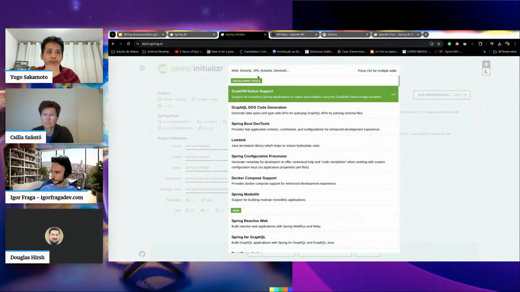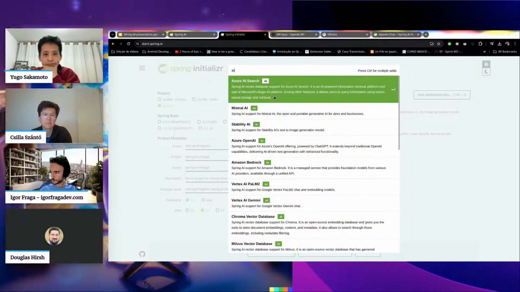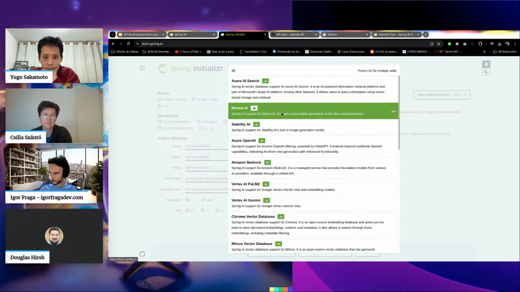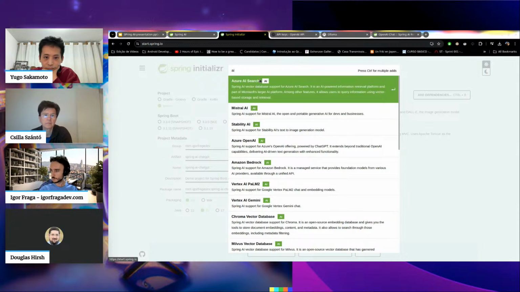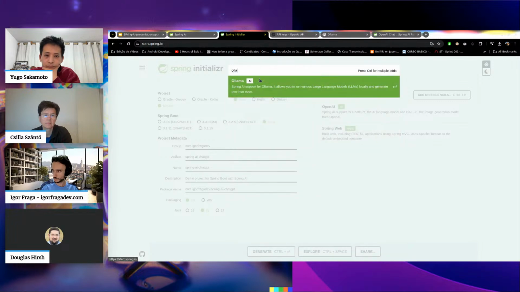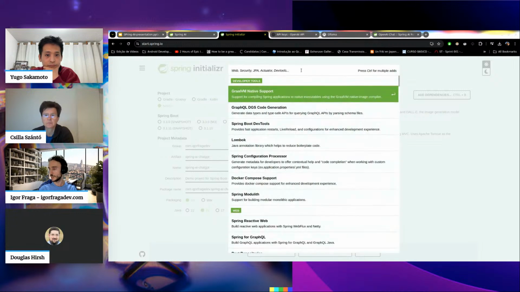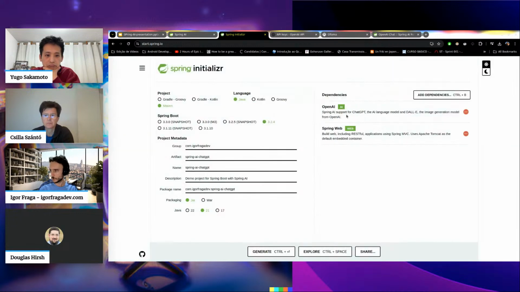But if you take a look, I want to run my model locally on my own machine. No problem. What are you going to use? Mistral? No, I'm going to use Ollama. This was one of the fastest. Here you have it. You just add it, and then it will generate the project for you with the dependency that you need.